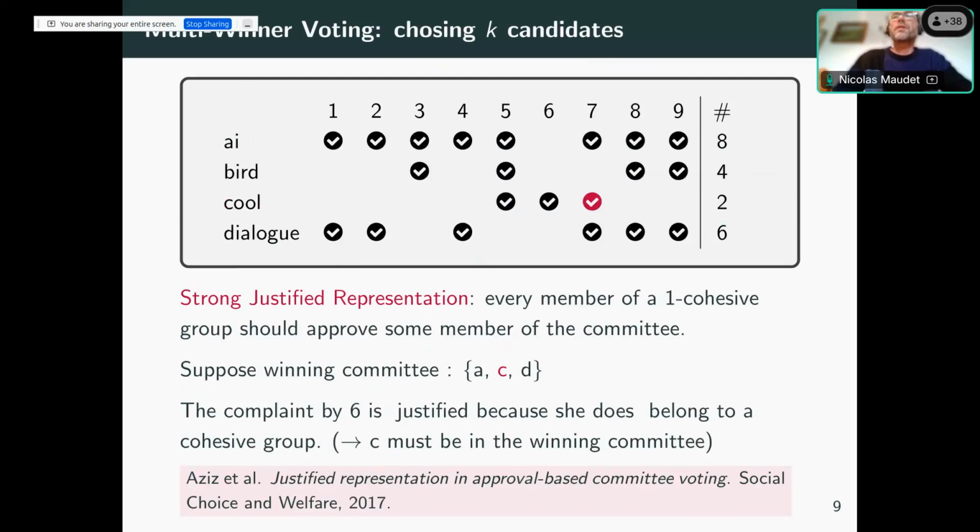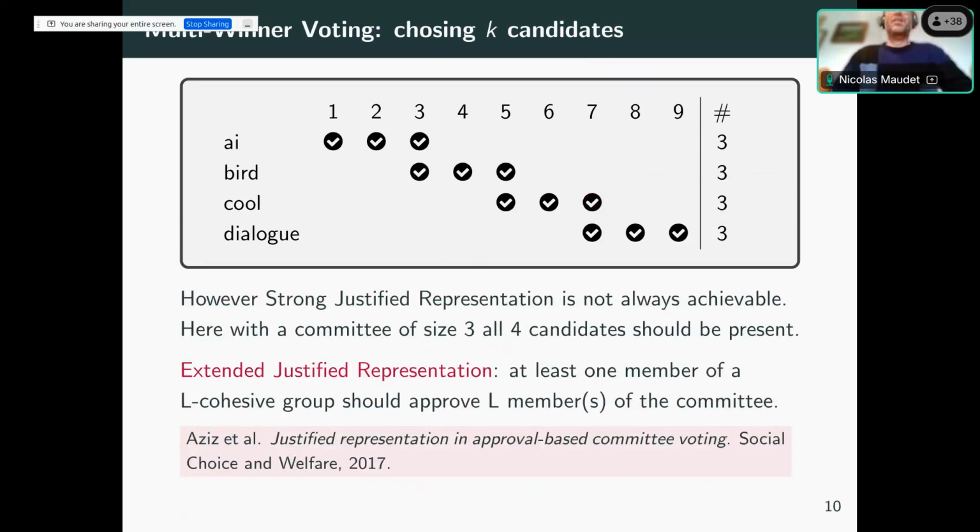I cannot get into the details here. But this strong representation is not always achievable. Just to show you an example here, if you require really everyone to be represented, you could have a situation